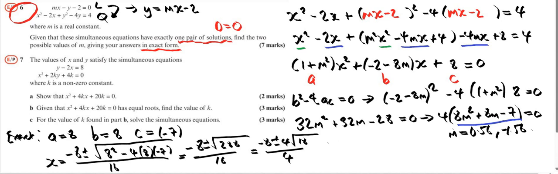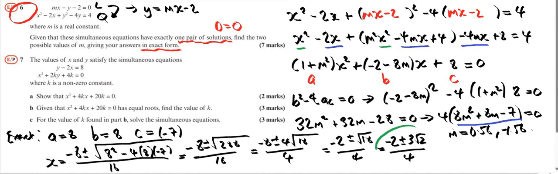That gives me minus 2 plus or minus the square root of 18 over 4. And I can further simplify that if I really want to: minus 2 plus or minus 3 root 2 over 4. That is the exact